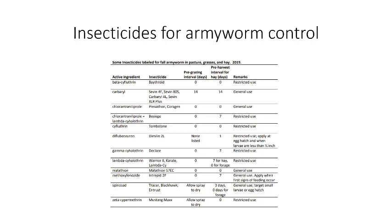Some things to pay attention to, and we'll talk about this as we talk about the other insects in this presentation. Whenever you're looking at applying insecticides, same is true for the herbicides that we talked about yesterday during our weed control presentation, we've got pre-grazing intervals and pre-harvest intervals for hay. There's also restricted use and general use pesticides on here. And we talked about that yesterday with our weed control, with the herbicides that we'll be using. There's also